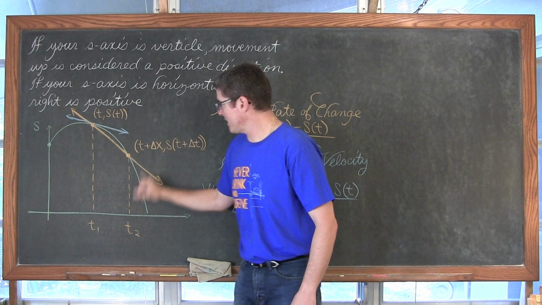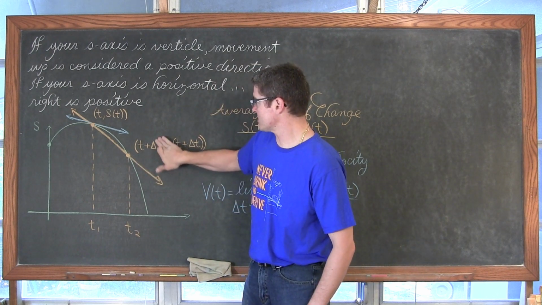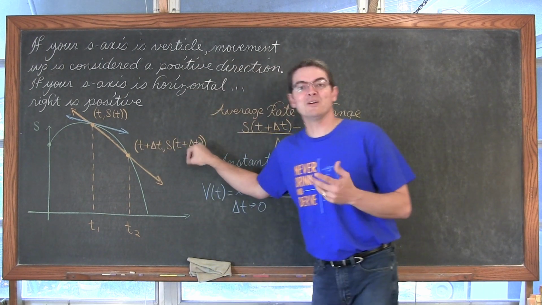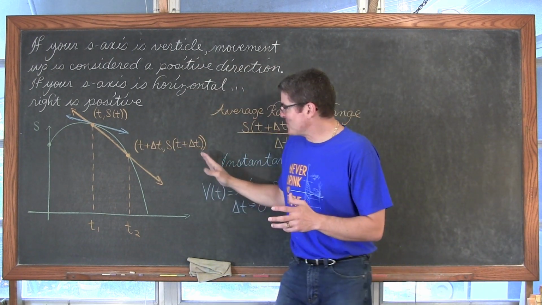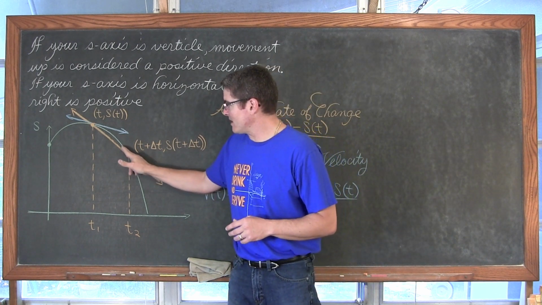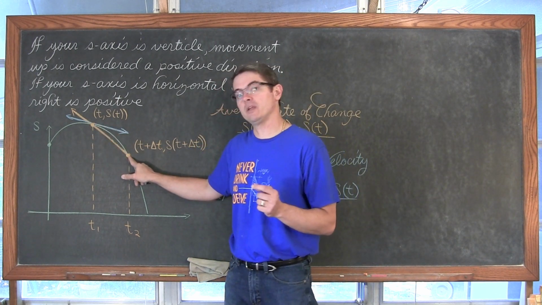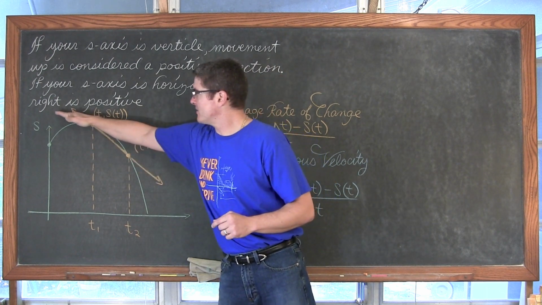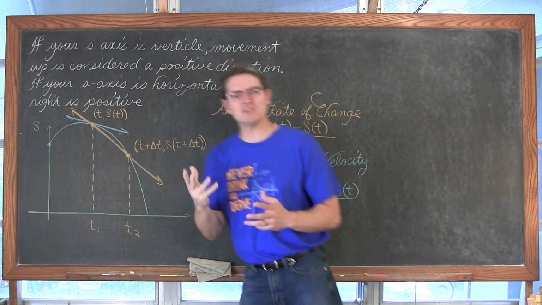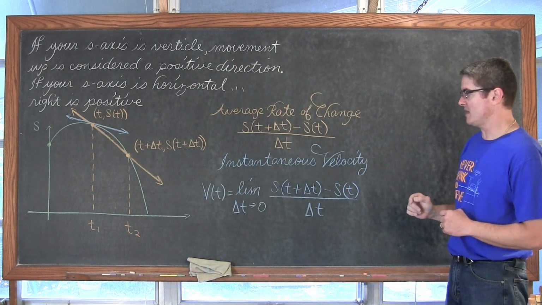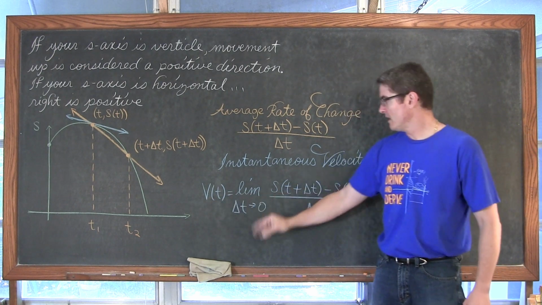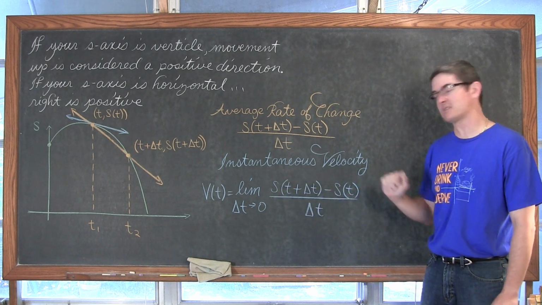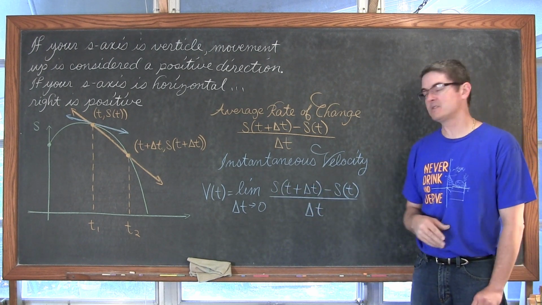And as you let this point defined as the delta, not delta x, but delta t, I wrote it right there, as you allow that delta t to approach 0 and let that second point approach this first fixed point of t, s of t, well then of course we get this blue line, which appears to be a tangent line, and the instantaneous velocity, or v of t, is equal to the limit as delta t approaches 0 of s of t plus delta t minus s of t over delta t.